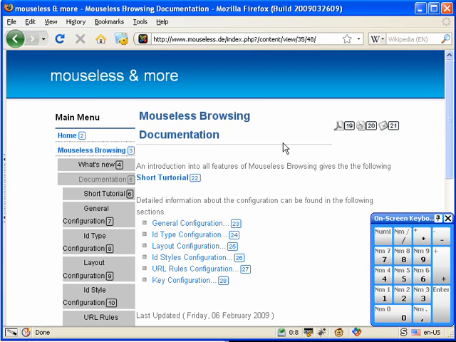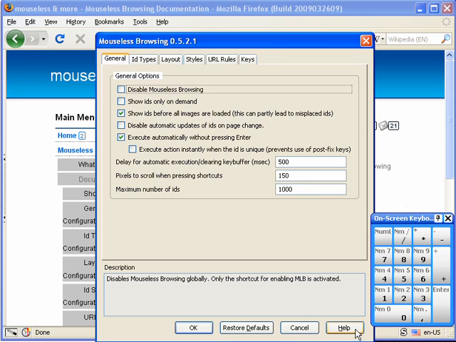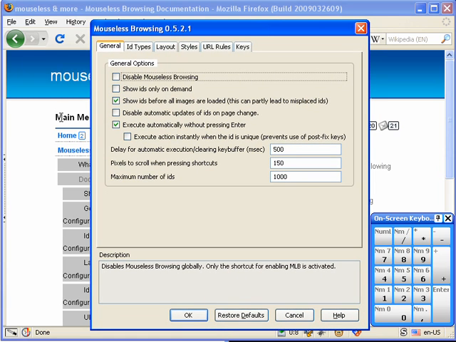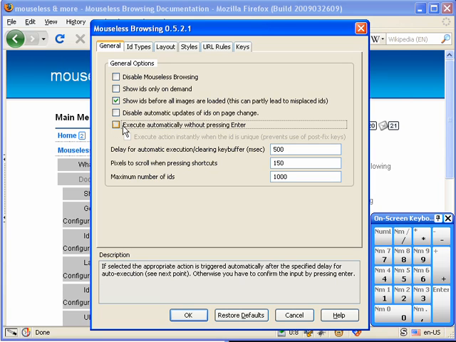You can configure this basic behavior in two ways. For this, you have to open the configuration dialog. You can do this by just clicking on the Mouseless Browsing icon in the status bar. This basic behavior can be customized in two ways. The first thing is that you can disable that the action is triggered automatically. So if you tick off this checkbox, then you have to press enter after each ID to trigger